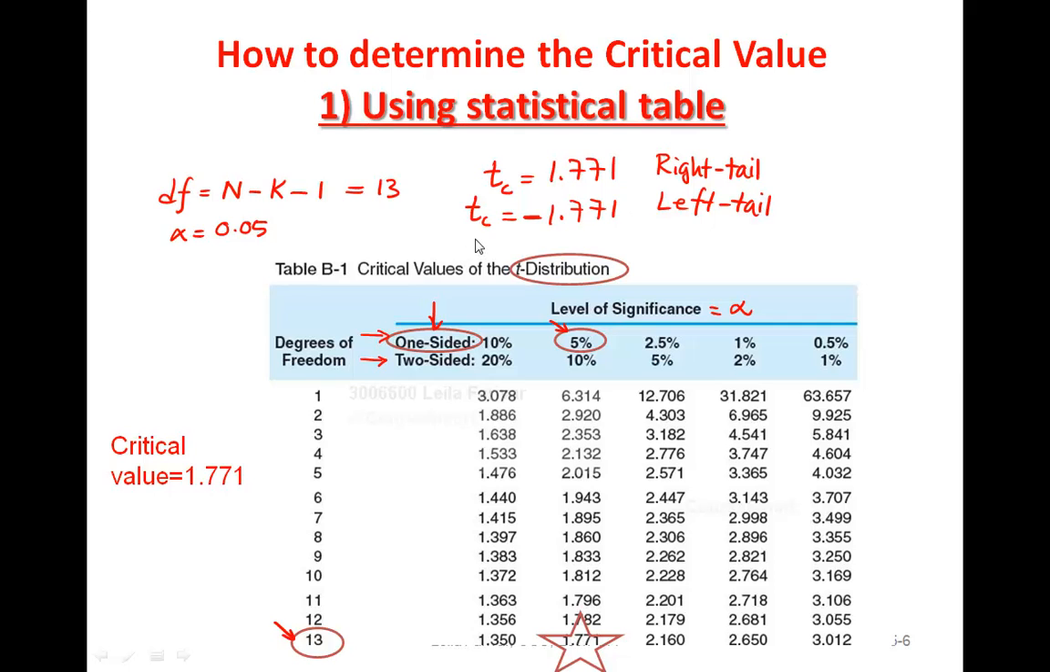For the two-sided test, we have two critical values. So one is positive, one is negative. Alpha is 5%, but now I will look at this second row, the two-sided values. So 5% two-sided would be this column. Degree of freedom is still 13. So now the critical value for a two-sided test would be positive 2.16 and negative 2.16. This was for the